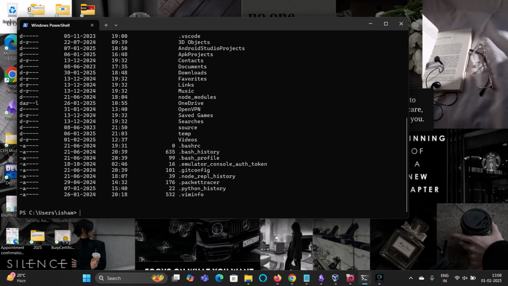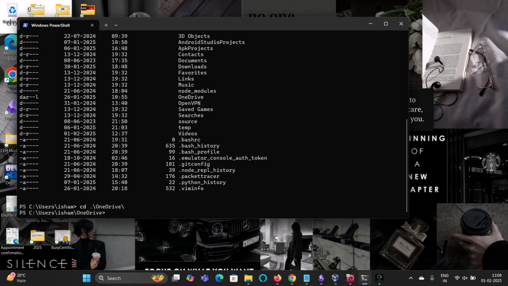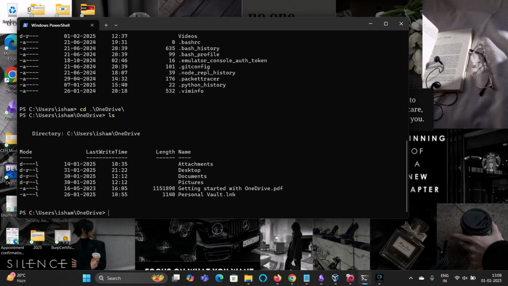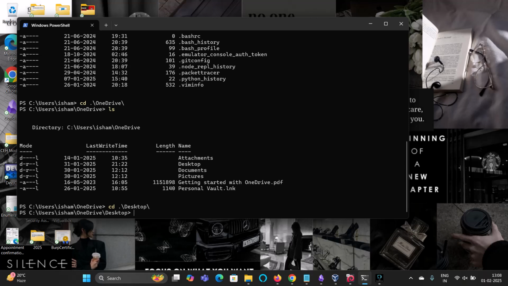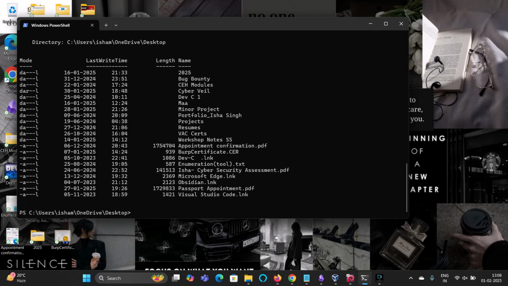My desktop is stored in my OneDrive, so I'll do cd OneDrive, then enter, then ls again to see what I have stored. Then cd desktop, enter, then ls again. We can see the bug bounty folder over here.